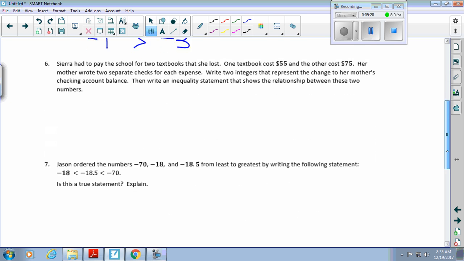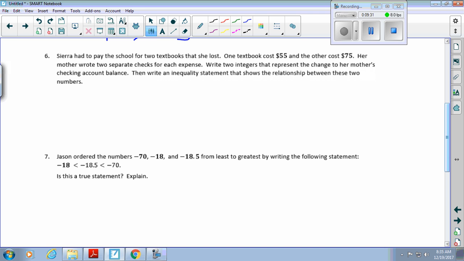All right, Sierra had to pay. This Sierra lady needs to keep track of her textbooks because it says Sierra had to pay the school for 2 textbooks that she lost. One textbook cost $55 and the other cost $75. Her mother wrote 2 separate checks for each expense. I'm sure she did that very happily, not. Write 2 integers that represent the change to her mother's checking account balance. So then they ask us to write an inequality statement that shows the relationship between these 2 numbers. So we are going to read this